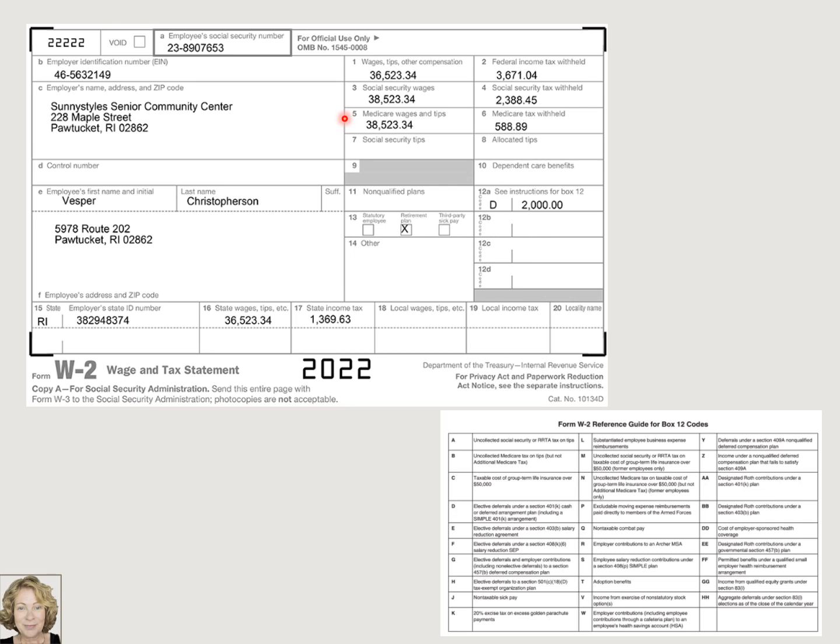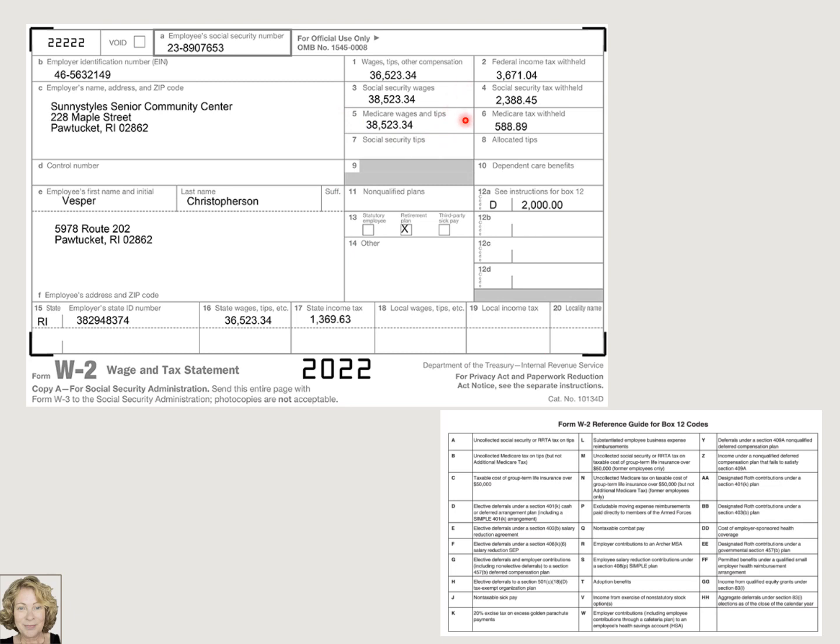Box 3 and 5 contain the Social Security and Medicare wages. And note that these two boxes contain a higher amount than Box 1. Vesper had a retirement plan into which he contributed $2,000 during 2022, which were not deductible in calculating the FICA wages.